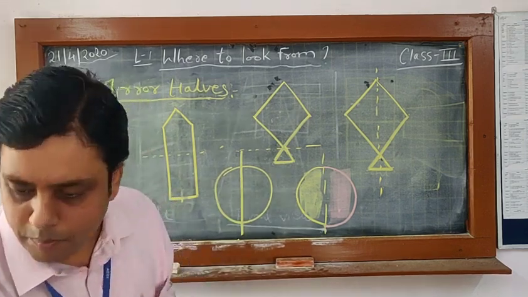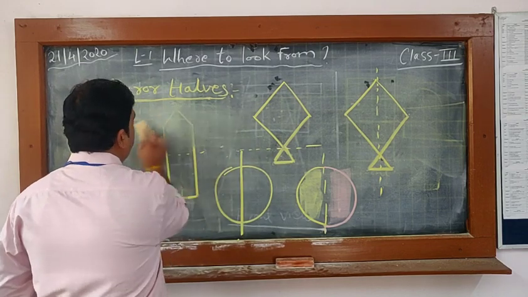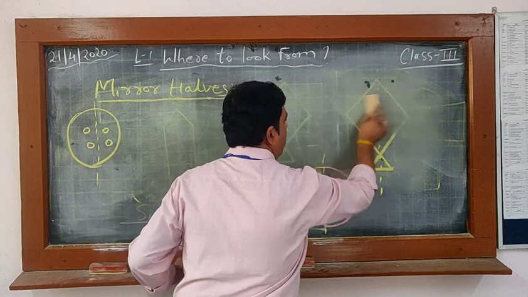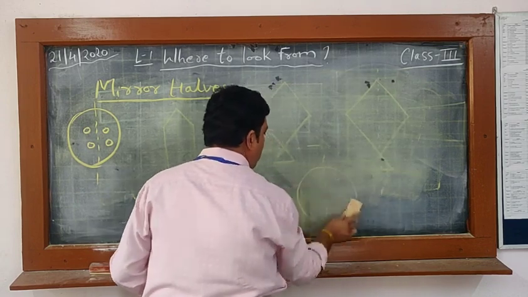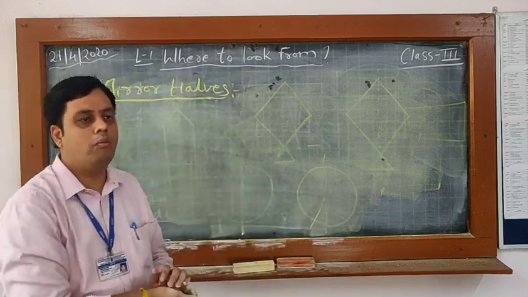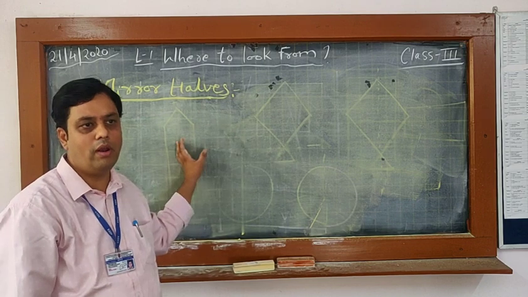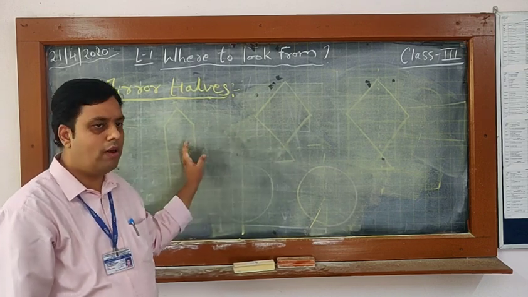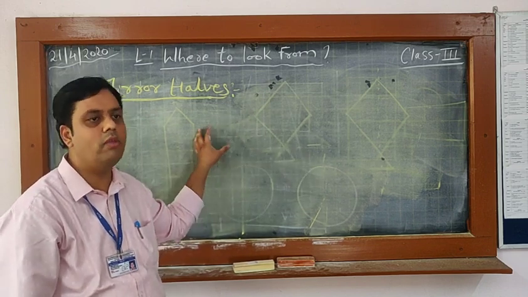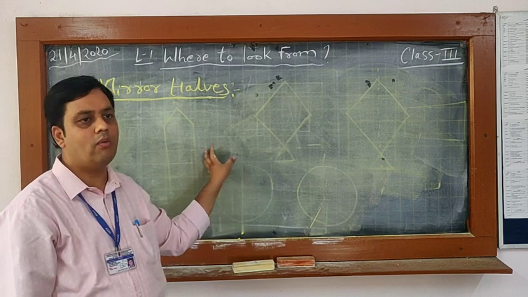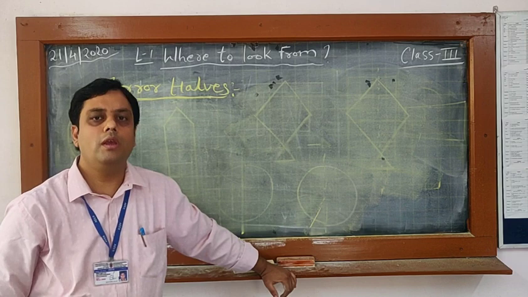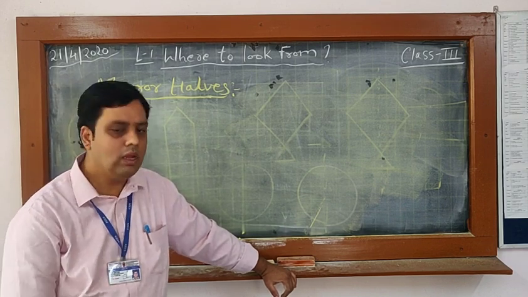So there are so many pictures given, but there are three things we have to remember for this question. First one, both the shapes, both the parts, will be the same. Second one, the color combination will be the same. Third one, if alphabets or numbers are coming, they should also be the same. That we have seen in the clock: both parts are equal but the numbers are different. One example I have given where the color combination is different, so it is not a mirror half.